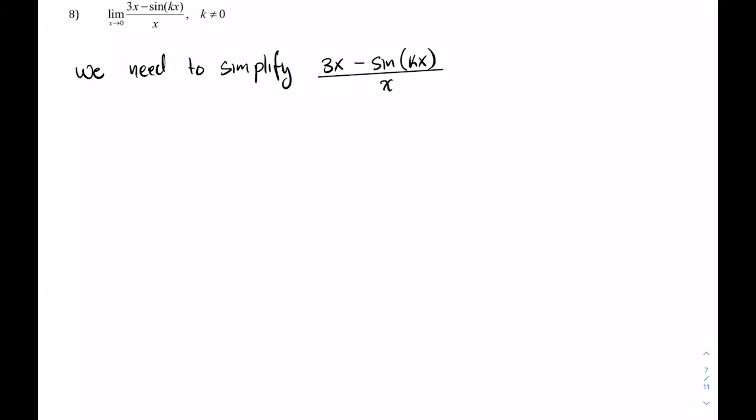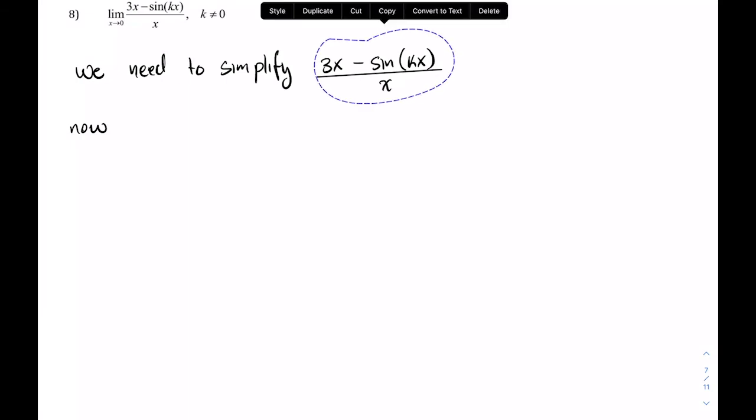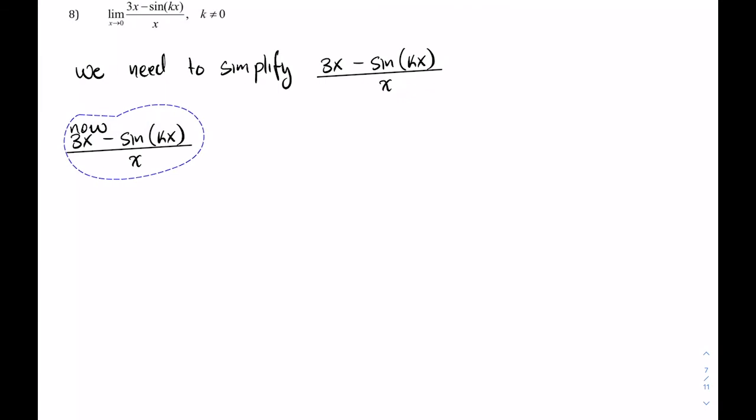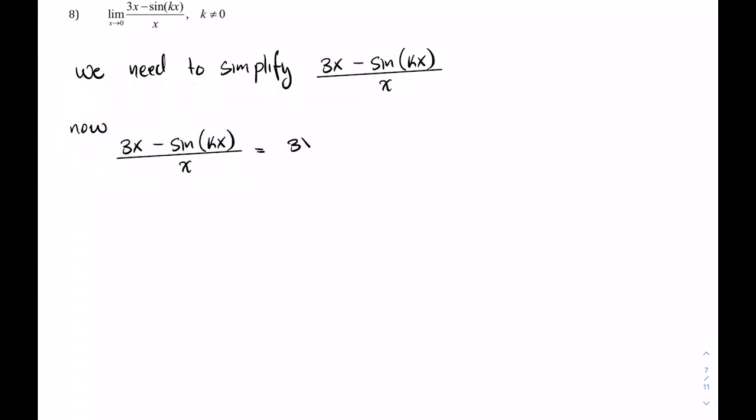So now this expression is equal to 3x over x minus sine kx over x, which is equal to 3 minus